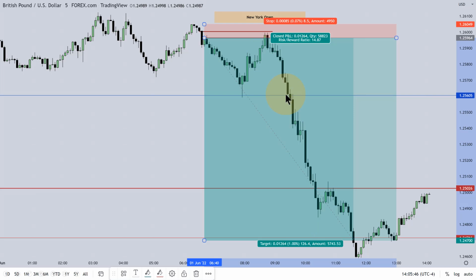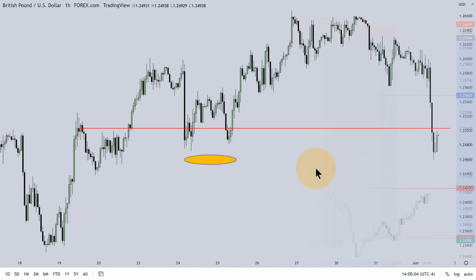I would look for new entries anytime it would offer me one, as long as I don't get below the equilibrium. I can take more entries as long as we're above equilibrium. In other words, we're above this level here. As long as we have not traded down to that level, I don't care if it's 10 pips above it. If it gives me an opportunity to put more on, I will, because it's going to likely sweep through that. That's what my expectation is. So as long as we're above, if I'm shorting, above the equilibrium on the framework that's used for the trade, I will pyramid. So what does that look like?